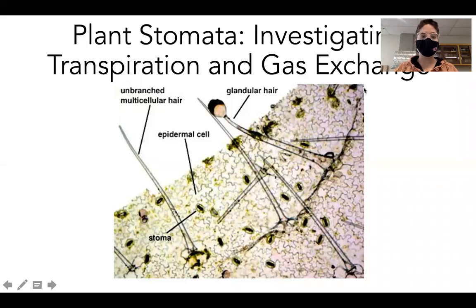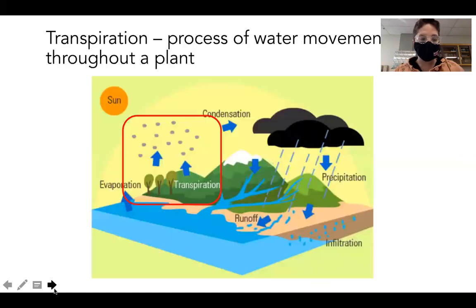Okay, hello all. This week in lab, we'll be looking at plant stomata, and we're going to be investigating transpiration and gas exchange. So to back it up a little bit before I go into what exactly we'll be doing in lab,